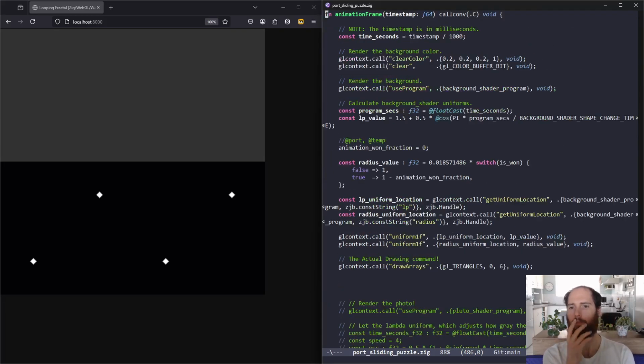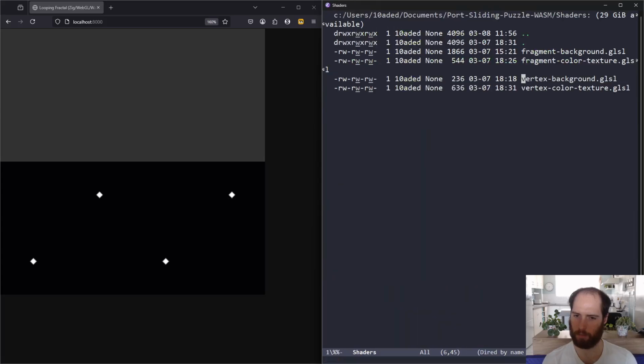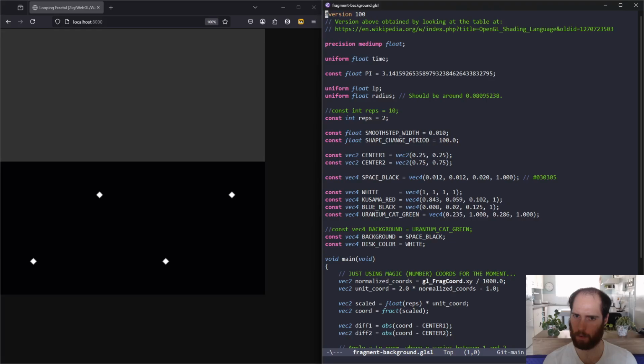Something wrong in here. Maybe it's in the fragment shader instead. I'll make this full screen. I think it's this line here. A unit coord and normalized coords. So let's see, here we